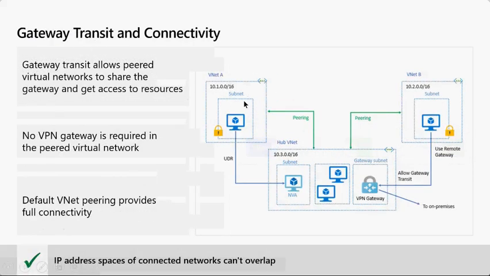So this is what happens when you have VNet A and VNet B. These two VNets are directly connected through peering, and you don't need any additional resources like a gateway. Gateways are useful for on-premises. If you have on-premises running in one VNet, nothing but your VLAN, and you want to connect your on-premises workloads to Azure, then you need a VPN gateway. With the help of that gateway, you connect to your hub VNet. This is your hub VNet, and these are spoke VNets.